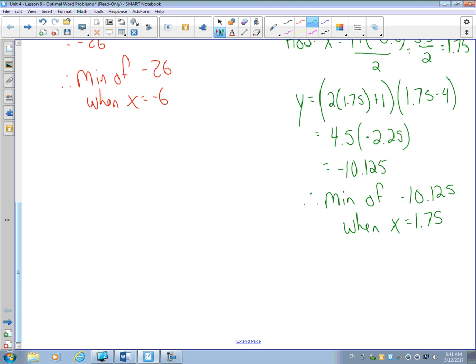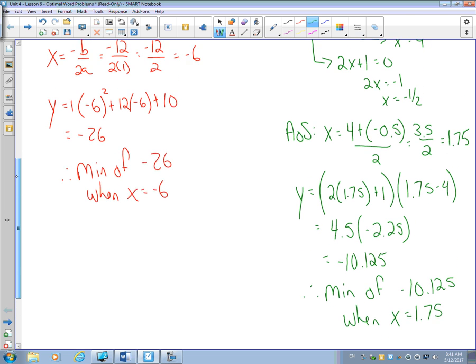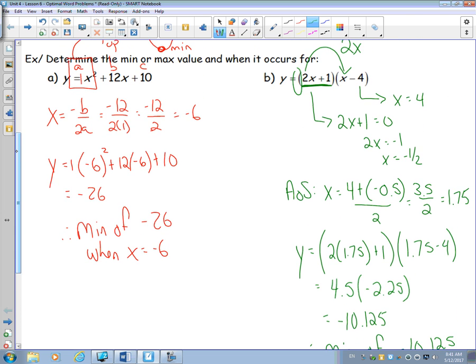Okay, so there's our two styles. Now, lots of people don't like the average of the zeros style when it gets those messy decimals. So they say, I prefer to do standard form. So if you had chosen to take this equation and FOIL it,